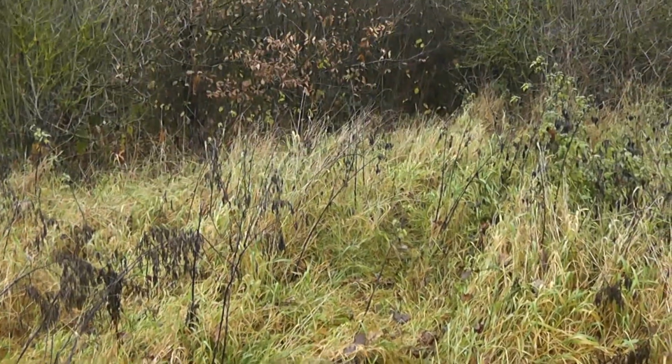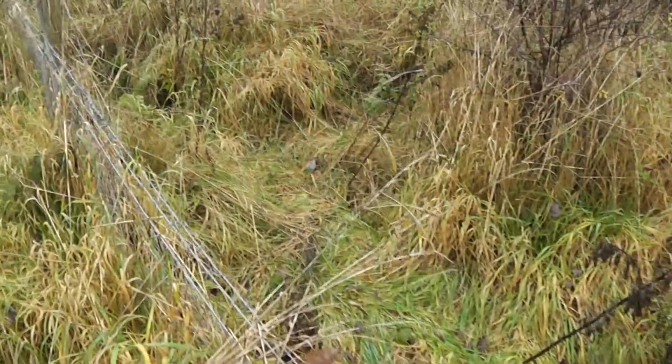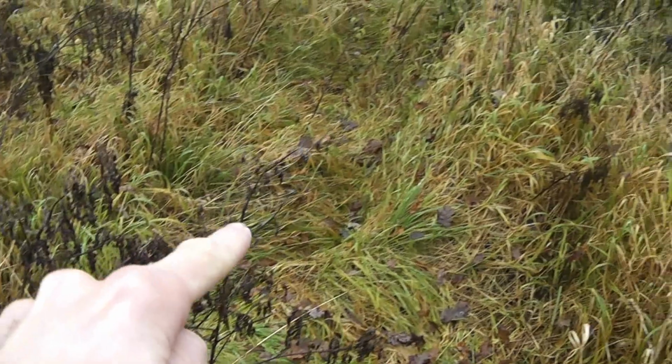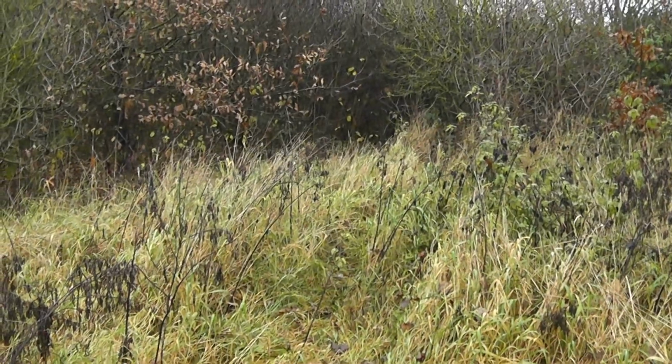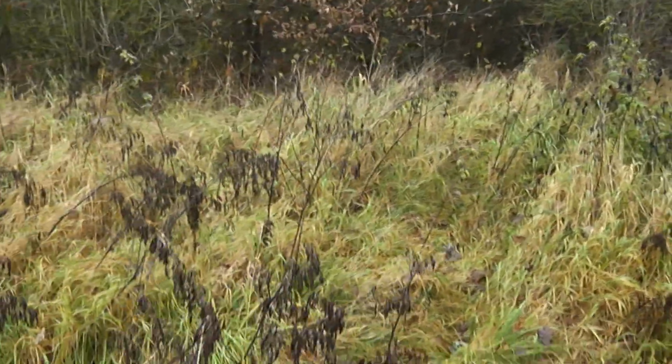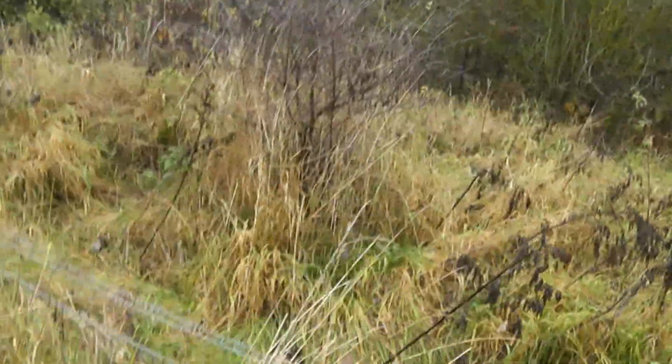There's a path here. Something is using it. It's flattened down all the way along here, and then up there, and then into gifting area. So I'm going to clamber over. Also, it looks like it branches off, so it branches here to either go in there or along there, but it's got to. It looks as if